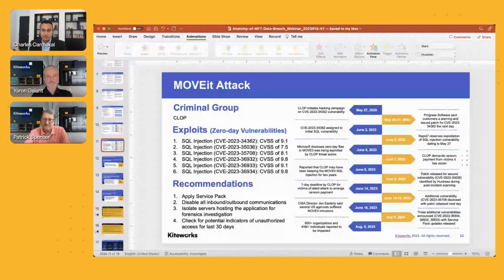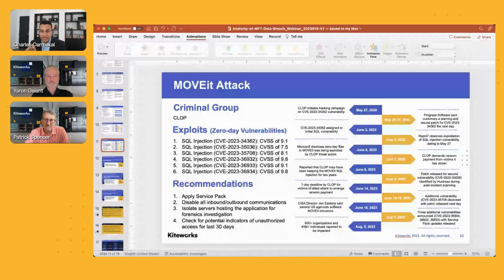And it's not going to look as bad for us if our data gets published on the internet. You could dispute that argument if you want, and I'm not saying that it's the right argument or the wrong argument, but I'll tell you, a lot of people chose not to pay because there were so many victims. And again, I'm not going to give the threat actor tips on how to more effectively extort organizations, but I will say that there were some that wanted to pay, but the majority chose not to pay that time around.